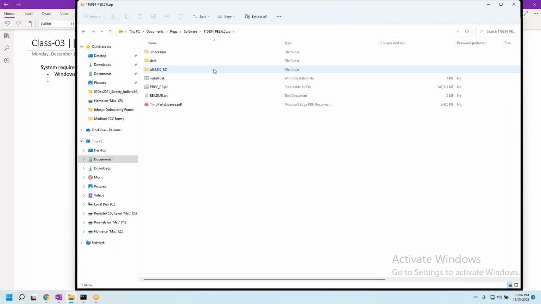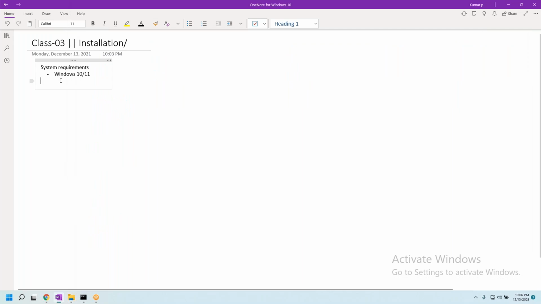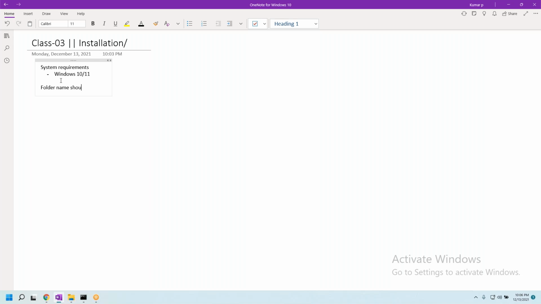Be very clear, one important thing: when you are unzipping it, the folder name should not have any special characters, including space. Sometimes people will say Pega space installation. That is also not allowed.